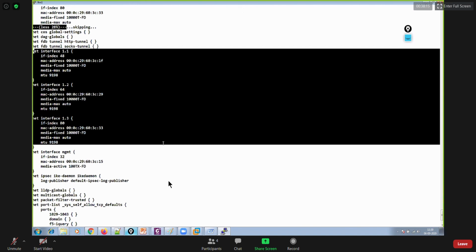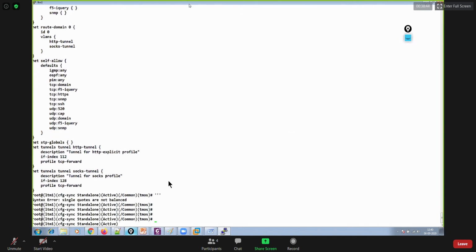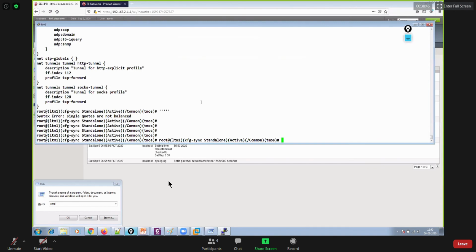Okay. You can also see the default MTU size is 9198, right? So it can allow jumbo frames, and also you can see the default bandwidth, the MAC address, and of course, you can see all that configuration. Similarly, you can also see the MAC address for the management interface, right? So that's how you could look at it, and that's that piece. So you could see the running config on your box, right?